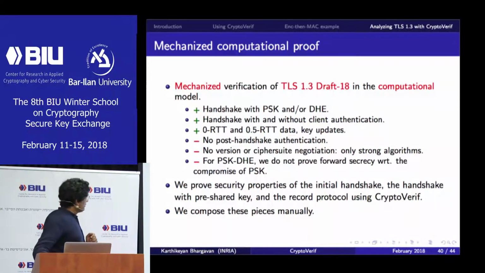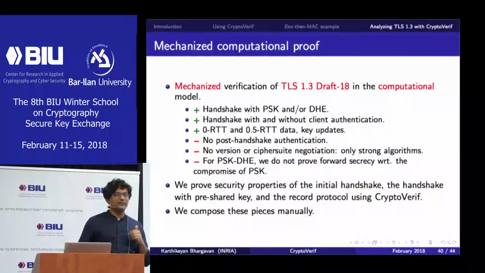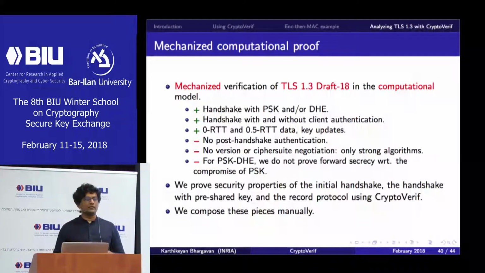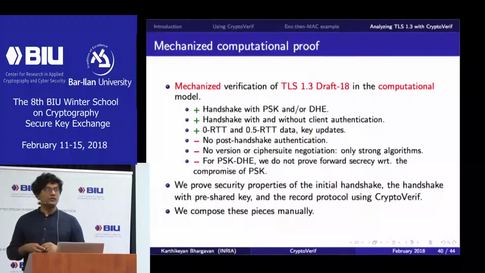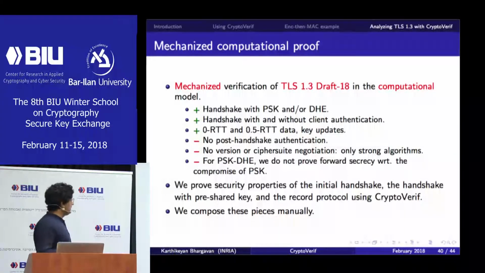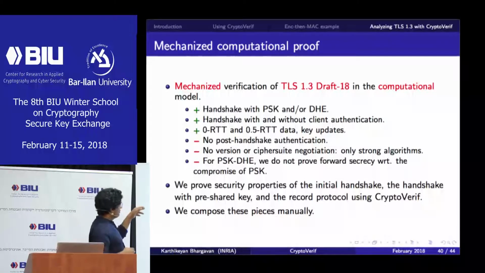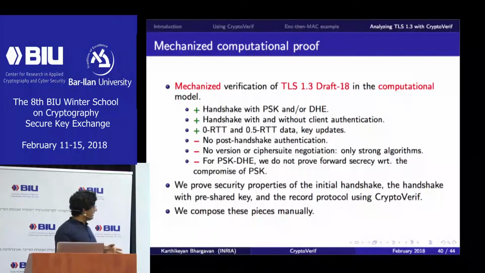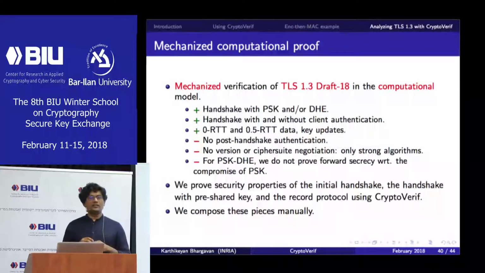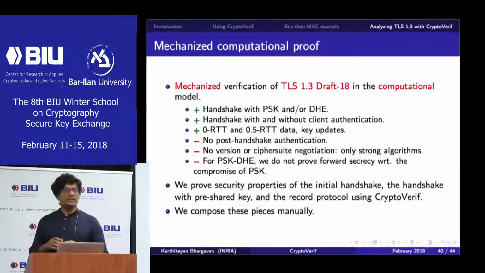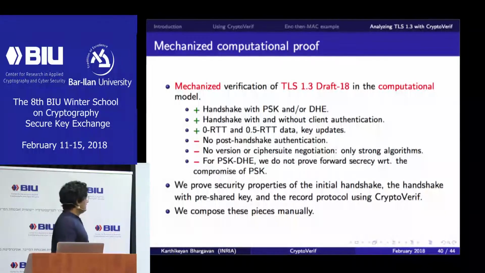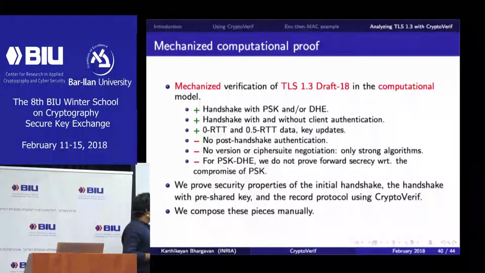All right, so what did we do? We took TLS 1.3, this was for draft 18. We updated the proof a little bit, but not so much, and coded it up in CryptoVerif. And what parts of it did we prove? We coded the handshake with pre-shared keys and/or Diffie-Hellman, the handshake with and without client authentication, the 0 RTT data, which means data that is sent immediately after the client hello, and the 0.5 RTT data, which